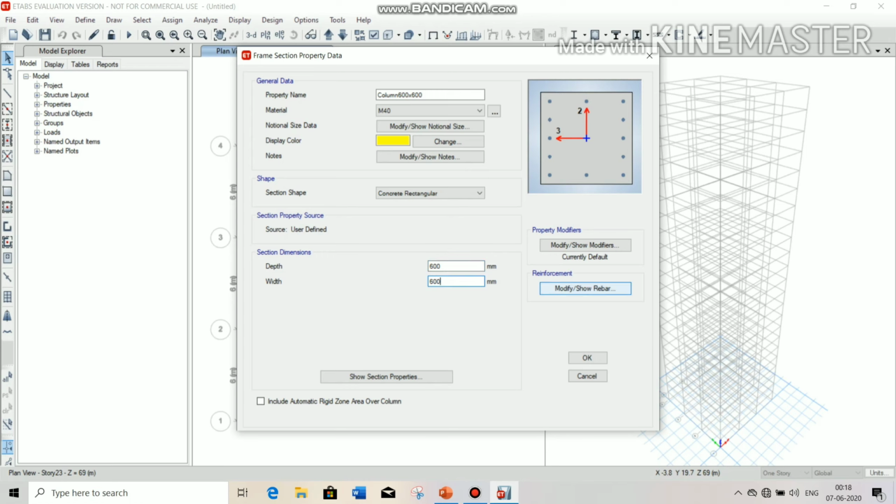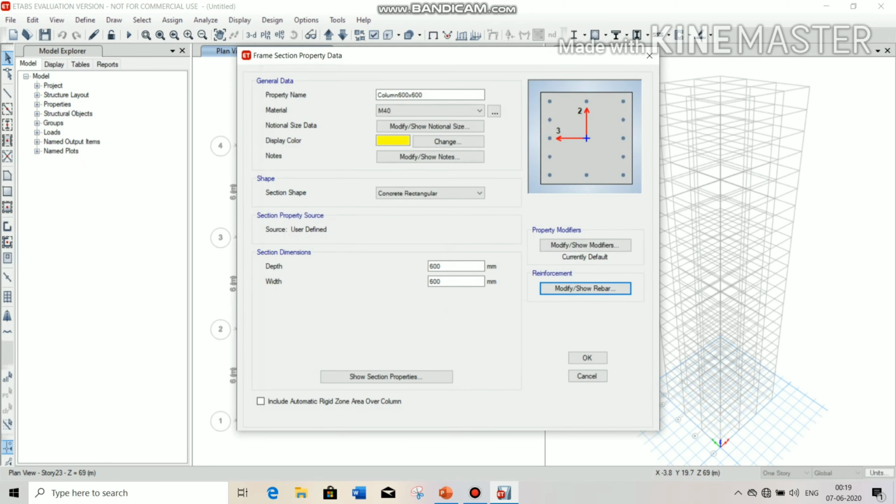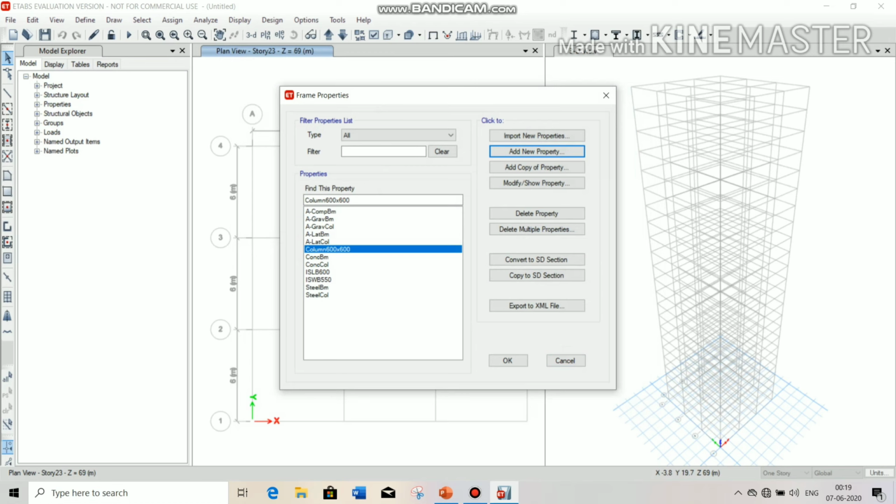And now select modify/show rebar, choose column from design type and choose HYSD 500 for longitudinal and mild 250 for tie bars. Here 40 mm clear cover is standard, so there is no need to change it, then click on OK and click on OK again. Now similarly you have to define the other two column sections. Their other material properties are the same, so you don't need a new property.